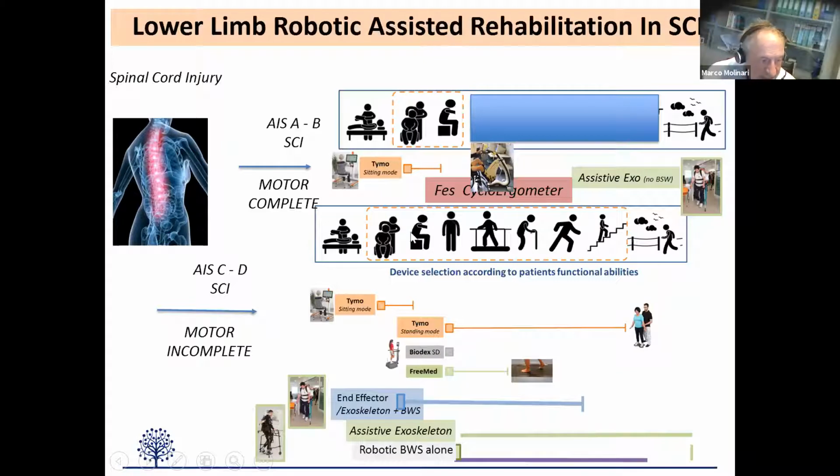And at this point, when there is a certain part of trunk control, or even earlier, but that is an indication that is impaired by the possibility of having difficulty in blood pressure control. And so the standing position with the body weight support has to be considered carefully. They can be trained with body weight support system and exoskeleton. I must say that,